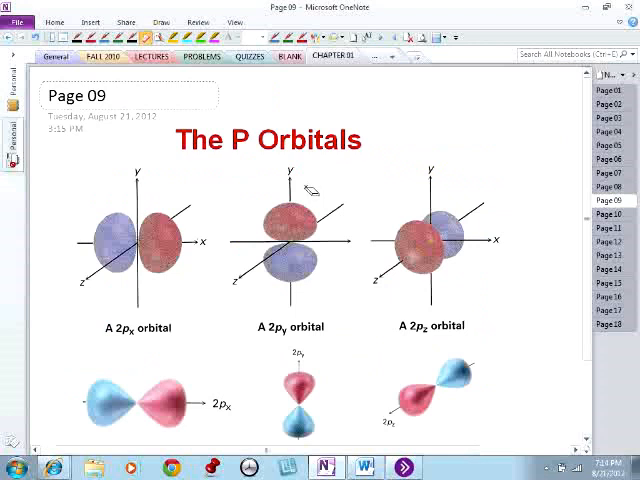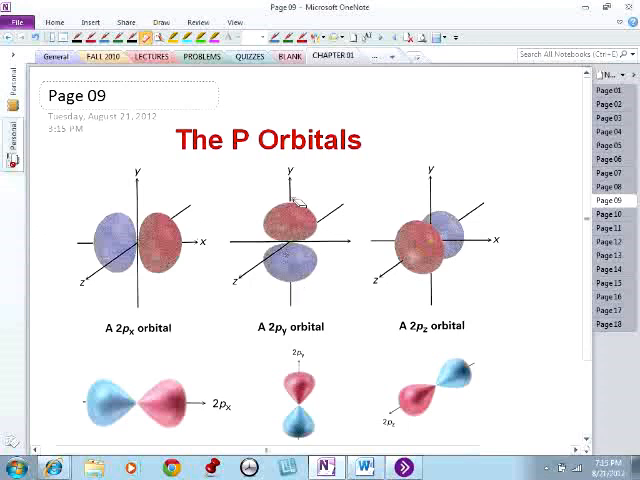The p orbitals also have what we call directional features to them. I'm showing you here 3 p orbitals. What we call the px orbital right here, in other words, we see the p orbital is along the x-axis. Right here. You see it? Everybody see it? Then you have the py orbital,